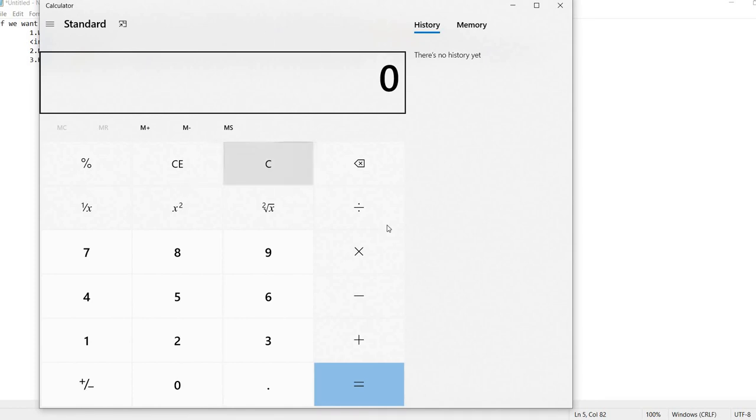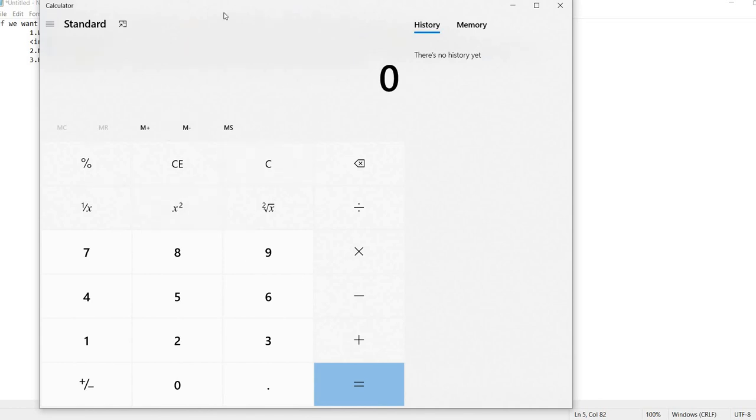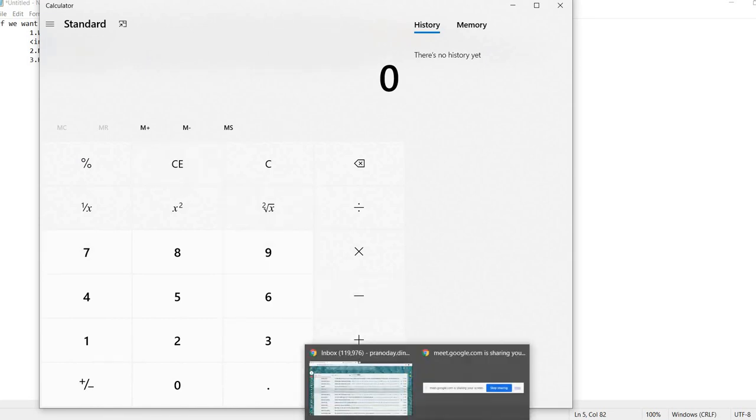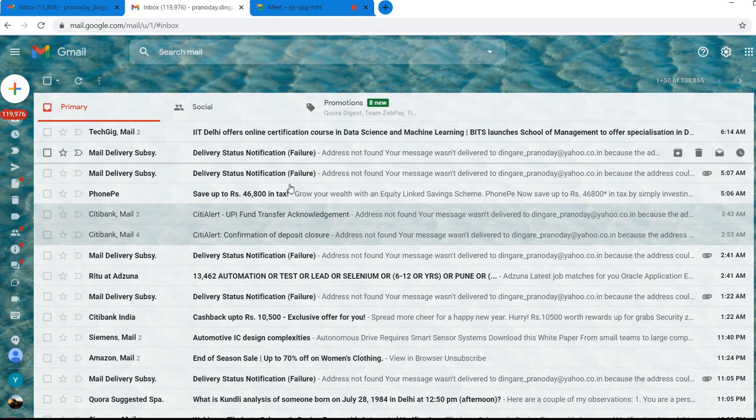Let's say you are sending some mail from your app to your Gmail, and you want to check whether you have received your email successfully or not by logging into the Gmail. Now, the interaction for sending an email would be on a native interface like this, and now you want to check whether the Gmail has indeed received your email or not, and you want to confirm that through the UI only.